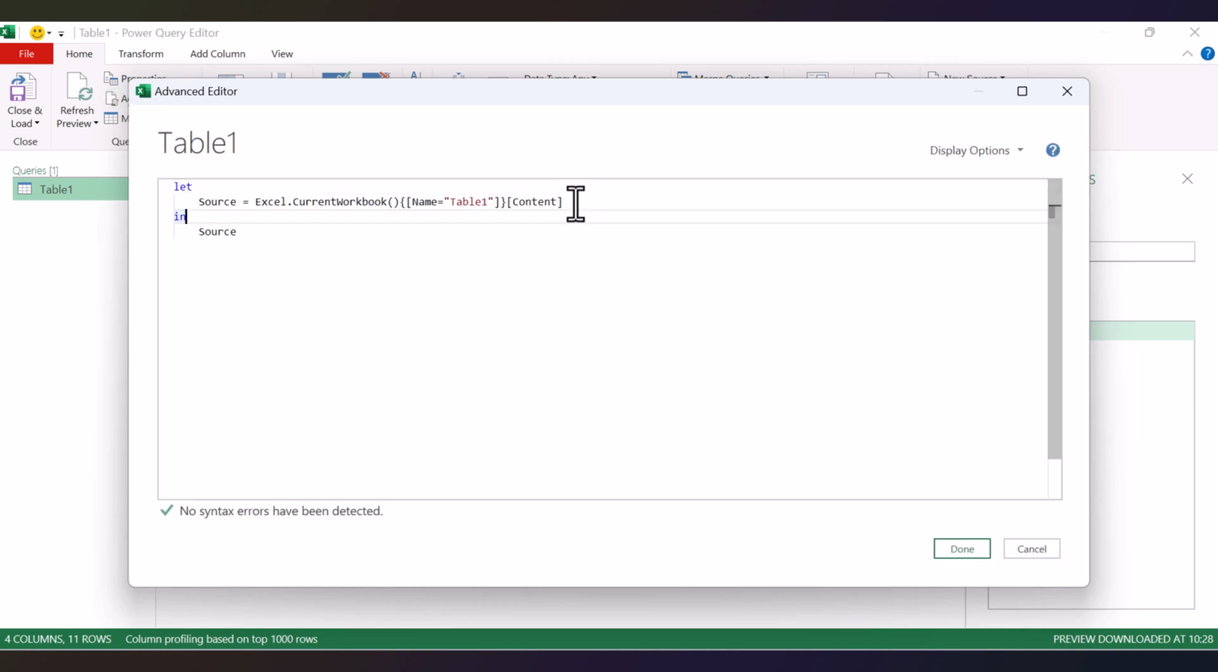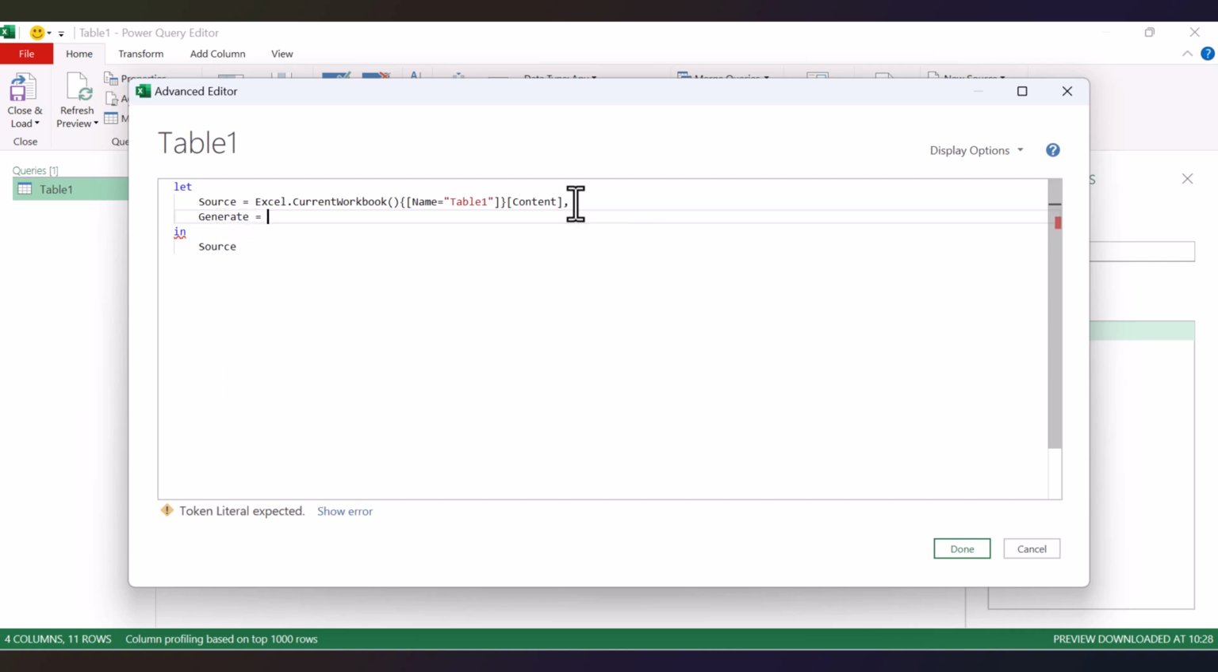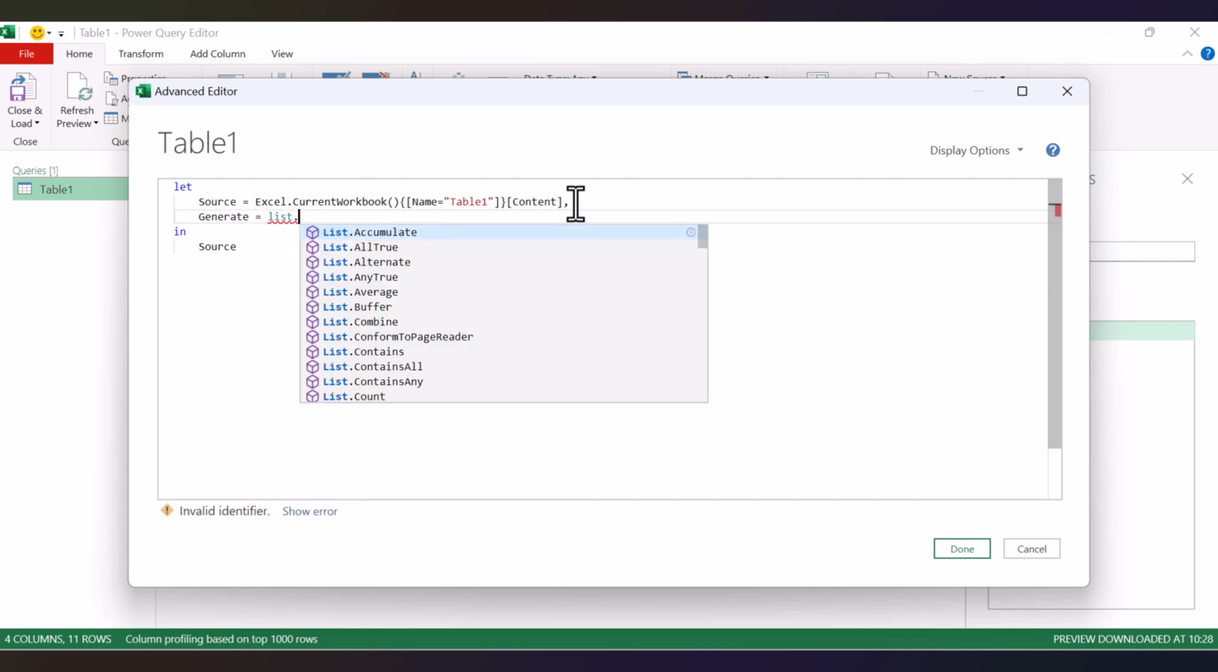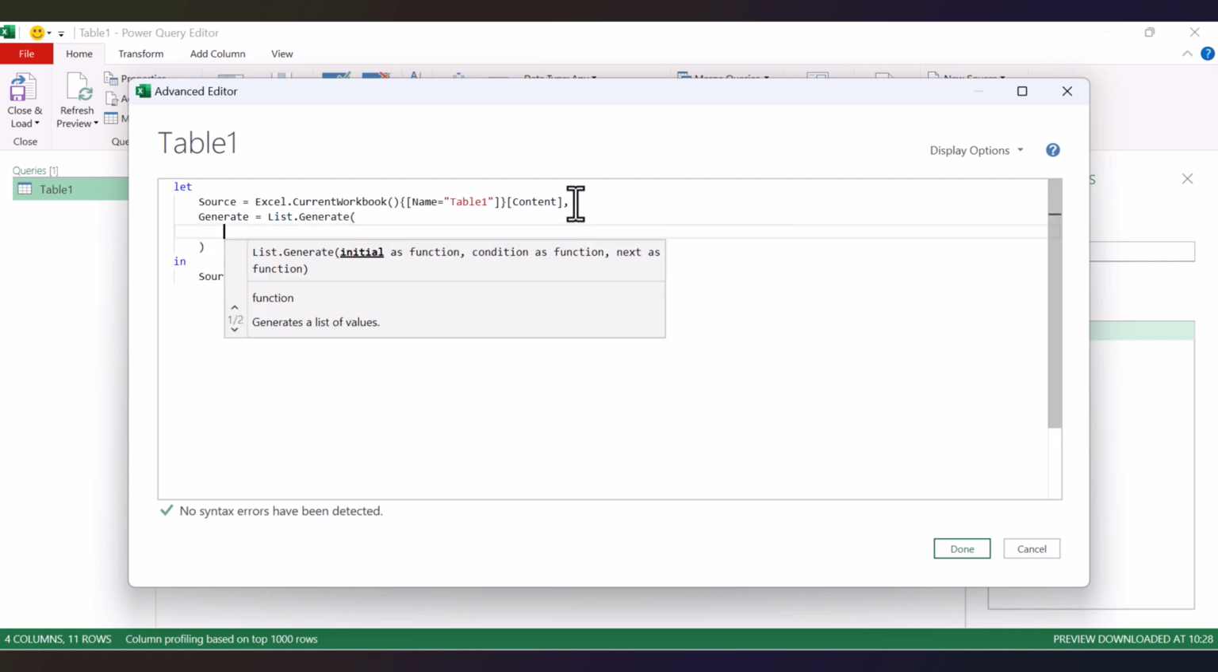Then I come here and create a list using List.Generate. So using List.Generate, I'm going to call this step generate. So generate equal to List.Generate. Press enter. So the initial function, I'm going to start with a function without any parameter. I'm going to use a record approach. So I will say